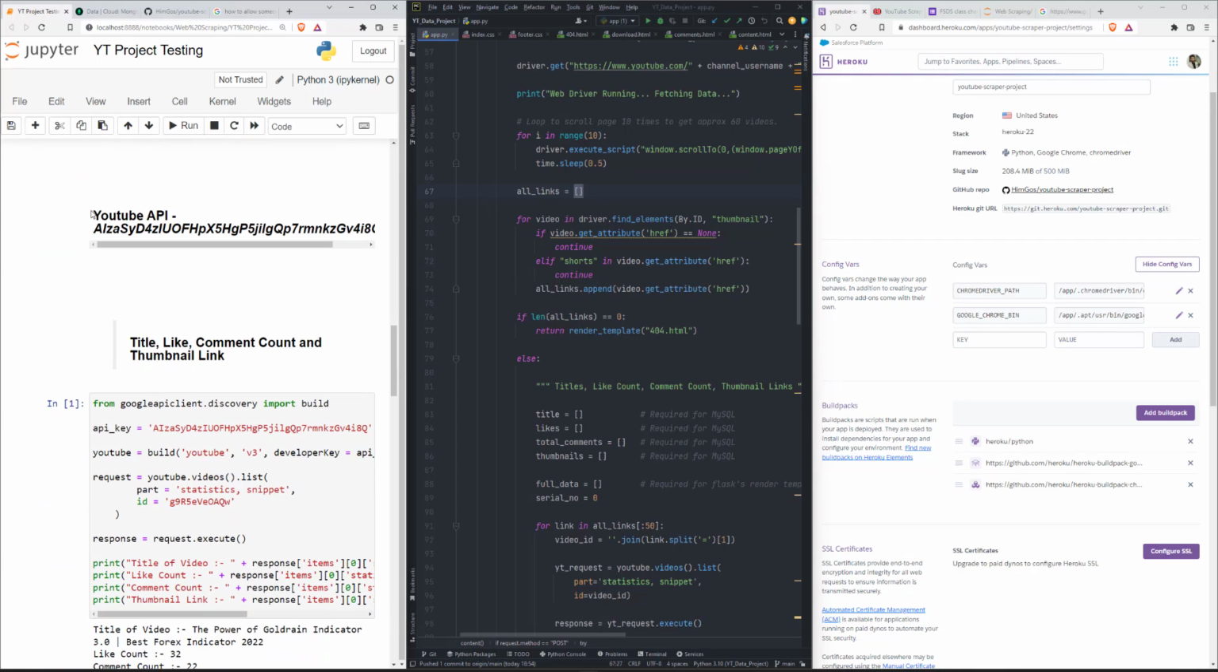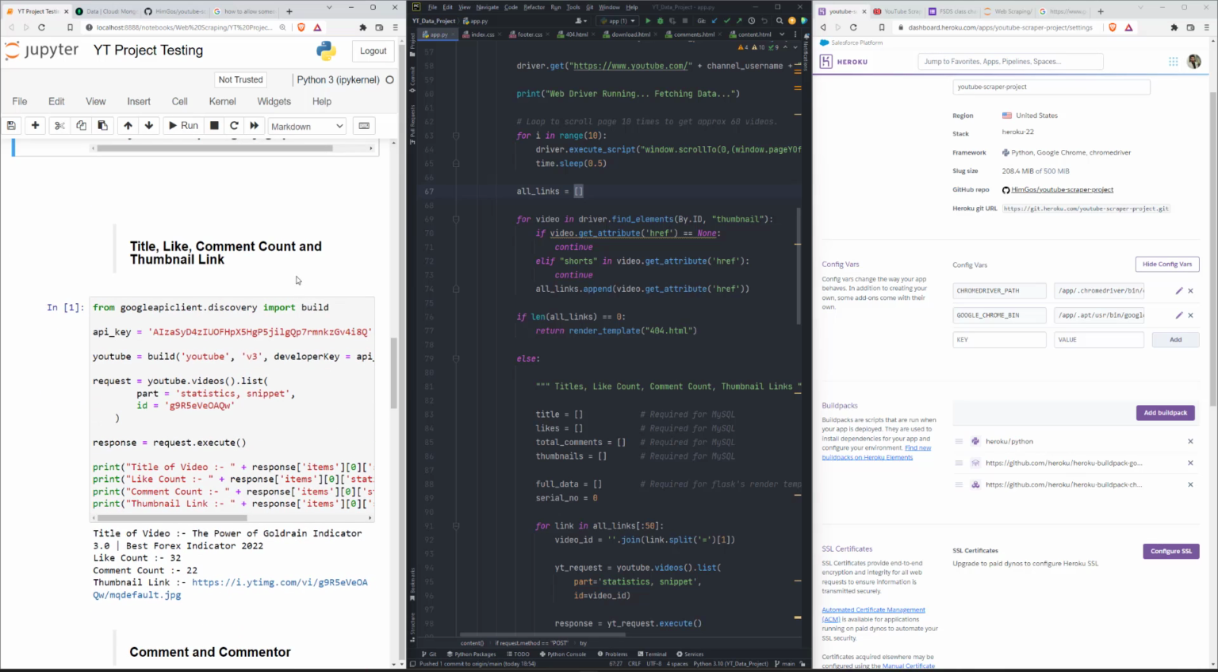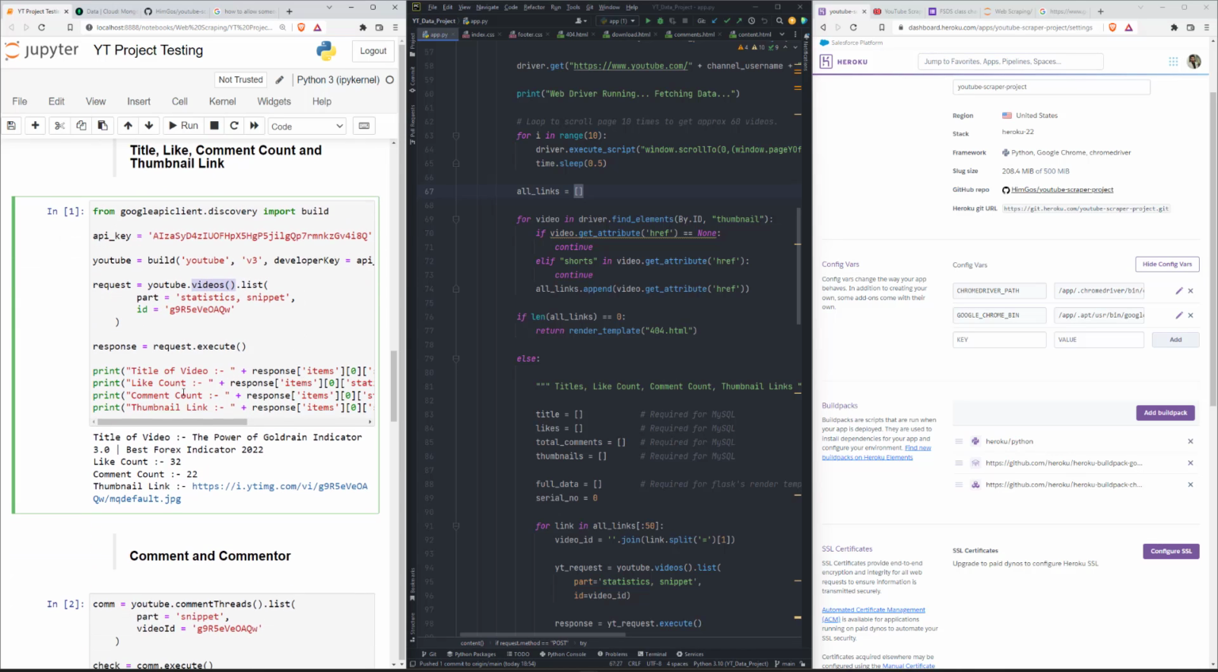Now moving ahead, here comes the YouTube API, and I am using the YouTube API in order to fetch the title, like, comment count and thumbnail link. I have used Google client discovery, and from there I imported build, and then I used this video function. Right after, I pass the video ID, which I am